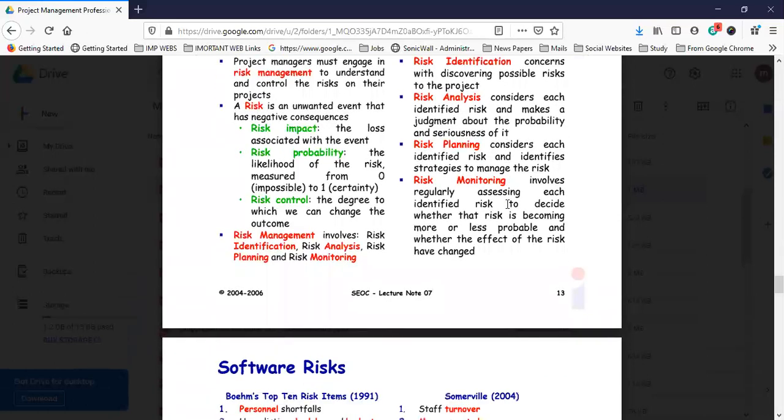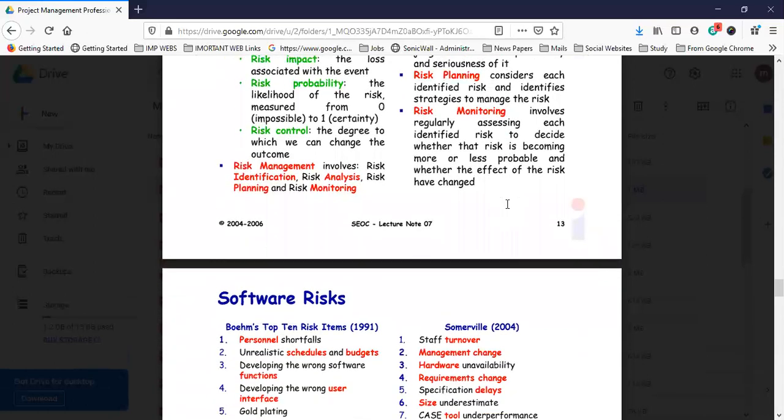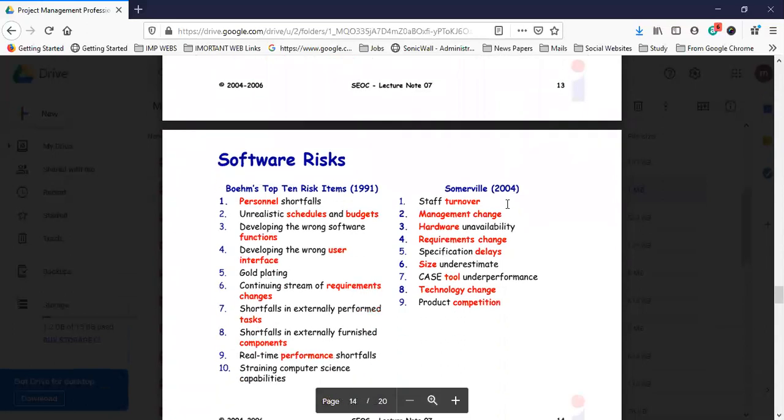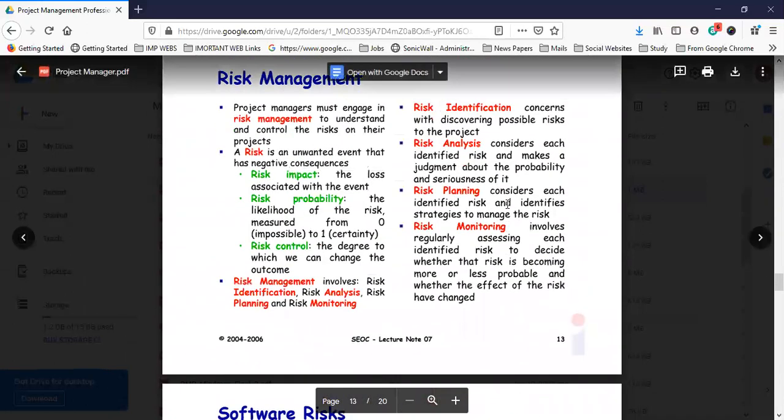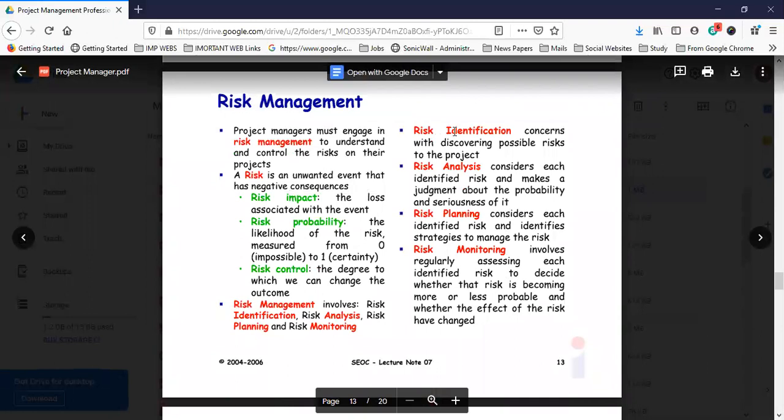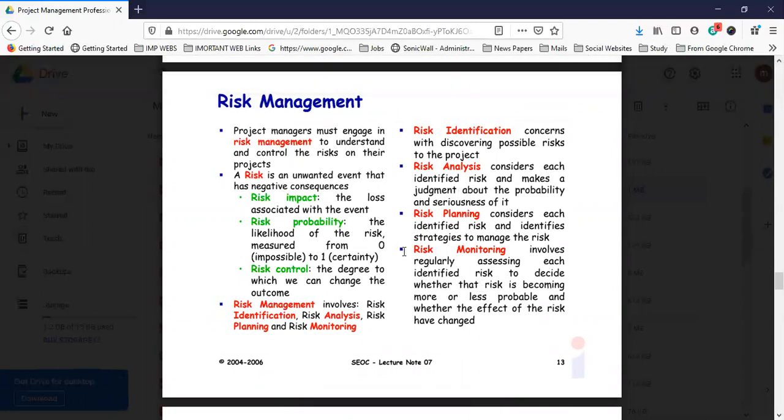I would like to understand how capable you are in risk management. You can use this slide, with identification, analysis, planning, and monitoring, and try to make documentation of what is valuable right now in the current environment of the automobile industry.